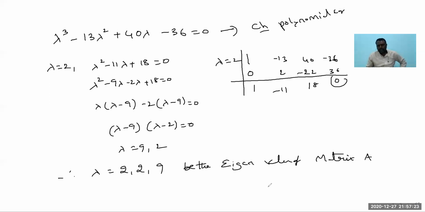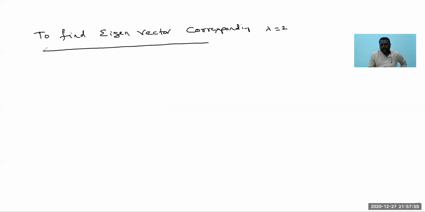Now here, the eigenvectors. First we can find lambda equal to 2. Here we are having 2 twice, where lambda equal to 2 times, but we can apply only one value. So lambda equal to 2, only one value. So now to find eigenvectors corresponding to lambda equal to 2. So we are getting the value 2 times, but we can apply only one time